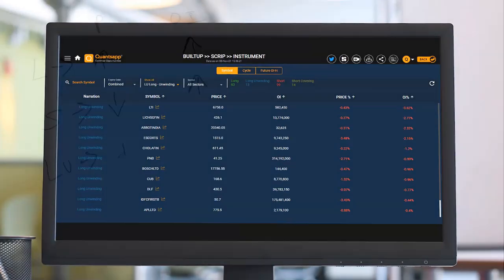In this case, the longs which were created are getting unwound, due to which the prices are having a dip. Open interest is getting unwound. So in long unwinding, the prices are going on a dip due to the long positions getting covered, due to the profit booking happening in the instrument.